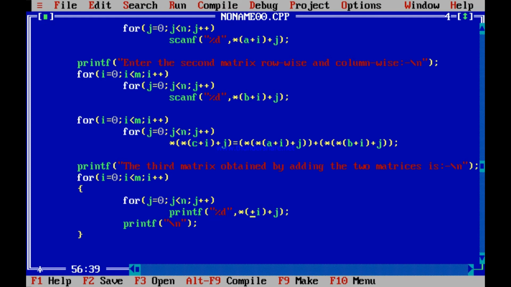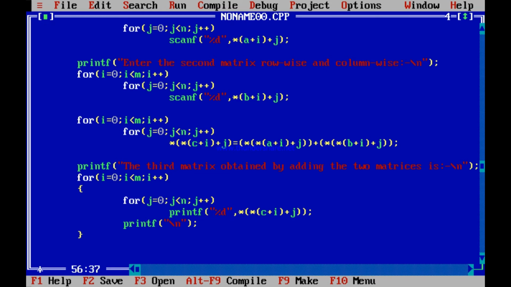I need to print Cij. So this is star of C plus I plus j whole star. Ampersand is not here. So this is whole star. So do you find this? This bracket is for this, and this bracket closes over here, and this is the printf bracket, this one.